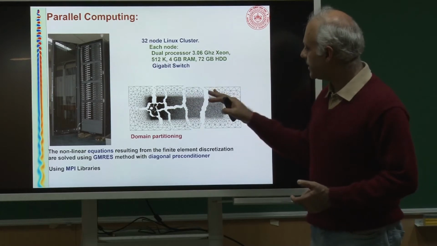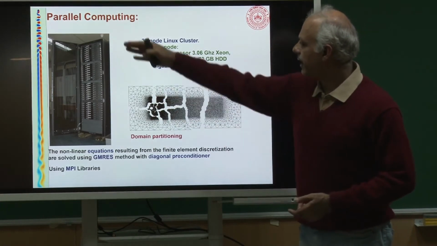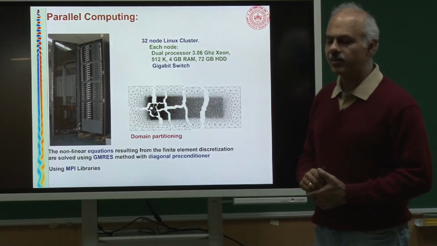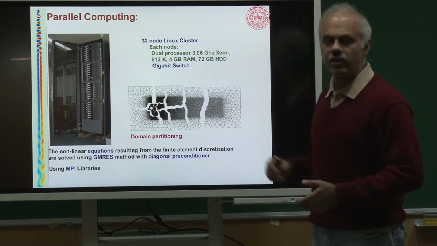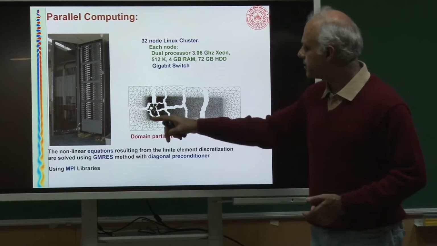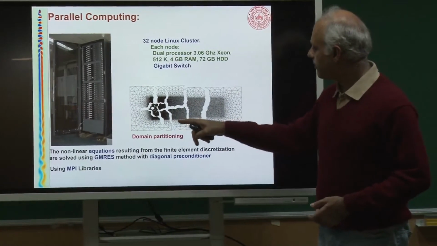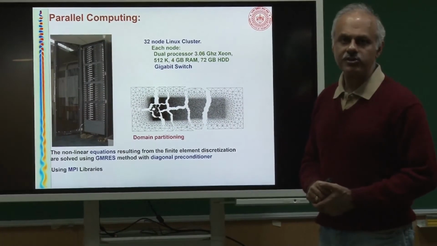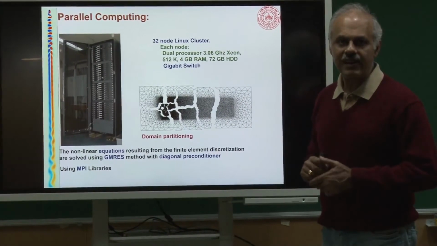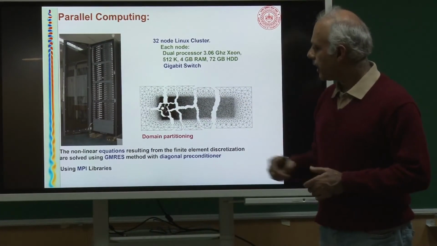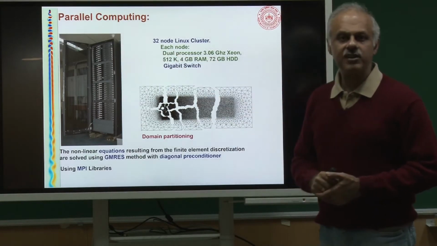So, you generate a mesh and then you partition it into, let us say, if I have 32 nodes or cluster processors, I can make 32 of these partitions and distribute one each across them, and they all have the same number of unknowns, so that they have roughly the same amount of work and they will all get done together. What I want to do is minimize the communication between these different nodes.